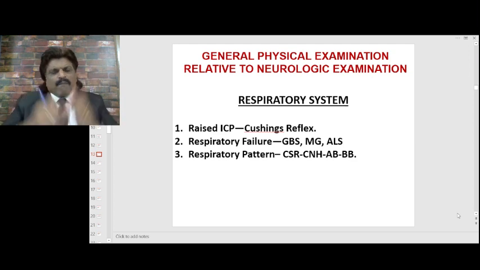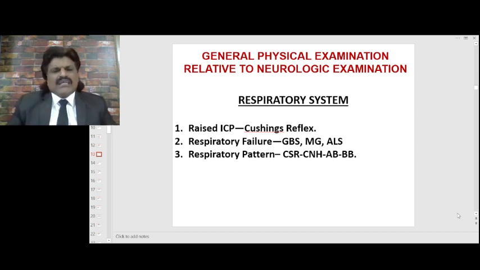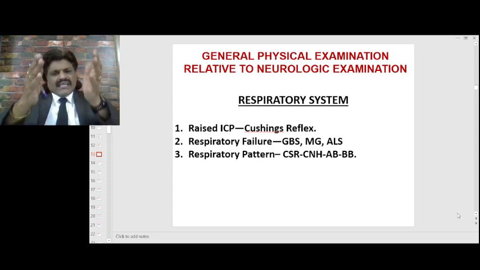When it comes to the pons, it becomes apneustic breathing. They take a deep inspiration, pause and then expire. When it comes to the medulla oblongata, it becomes Biot's breathing, a totally irregular pattern. So by just looking at the respiratory pattern, we can place the lesion where the herniation is slowly